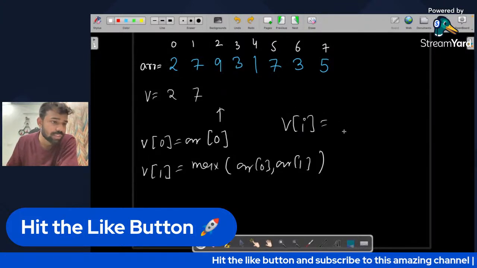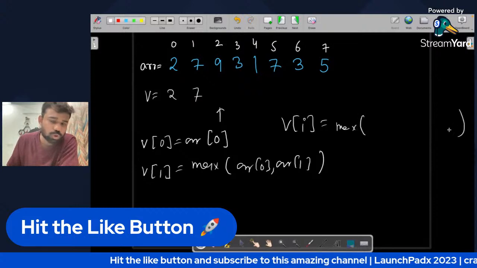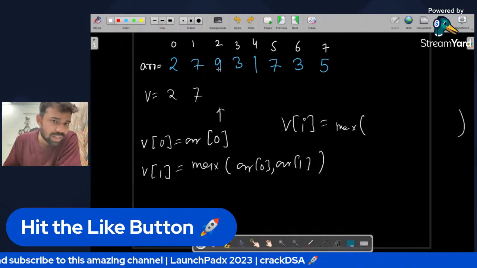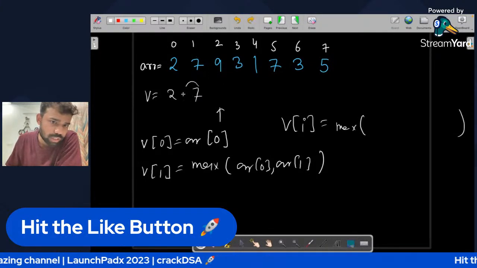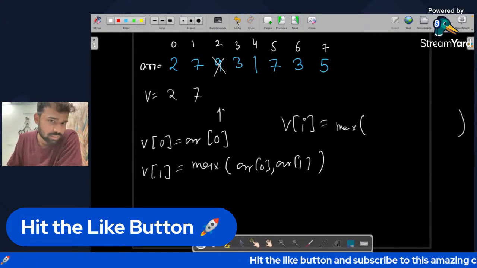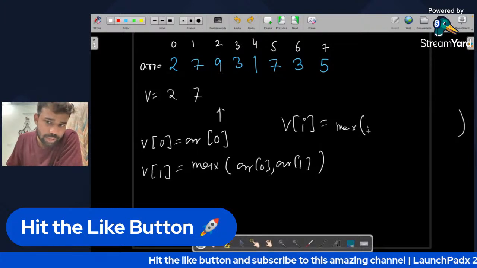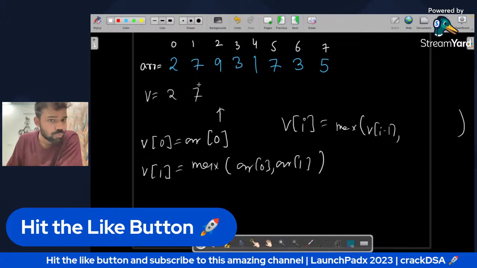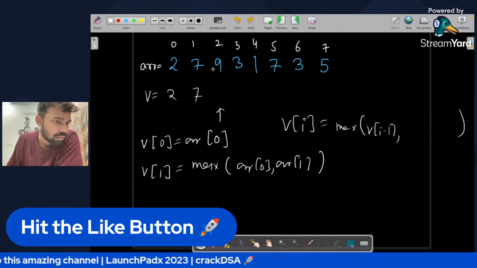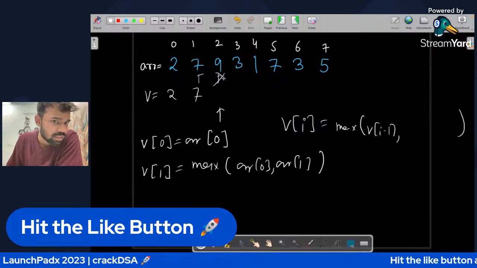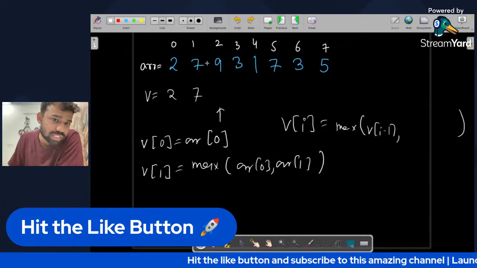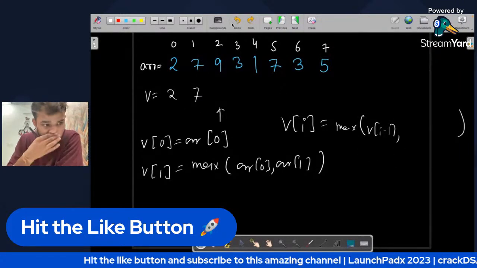तो हमारी जो वी ऑफ आई की वैल्यू पता है क्या होगी, होगी मैक्स ऑफ, देखो दो केसेस हैं, अदर डोंट टेक दिस 9। देखो अगर हमें इसके जस्ट पहले वाले को लेना है, इसको लेना है, तो हम इस 9 को नहीं ले सकते, गेटिंग? इफ आई एम टेकिंग द वैल्यू ऑफ वी आई माइनस 1, तो फिर हम लोग सिर्फ वी आई माइनस 1 ले सकते हैं, हम इसको नहीं ले सकते। अगर मैंने इसको ले लिया तो, अगर मैंने 7 को ले लिया तो मैं 9 को नहीं ले सकता, क्योंकि उसके बगल में है। तो या तो वी आई माइनस 1 को ले लो, या तो उसके साथ बगल वाले को ले लो, कोई दिक्कत नहीं है।